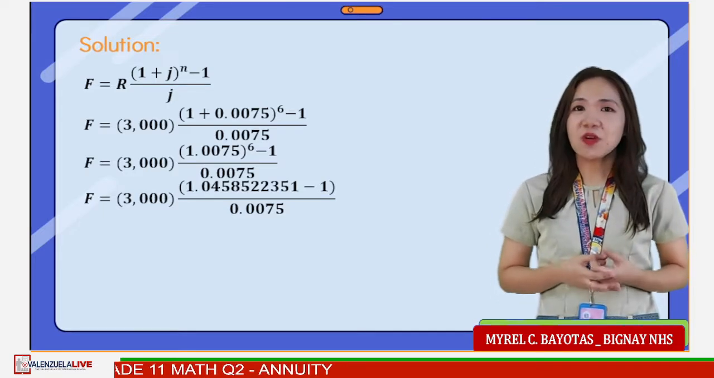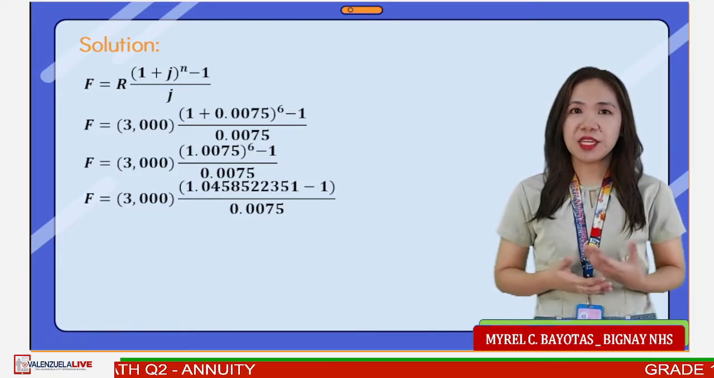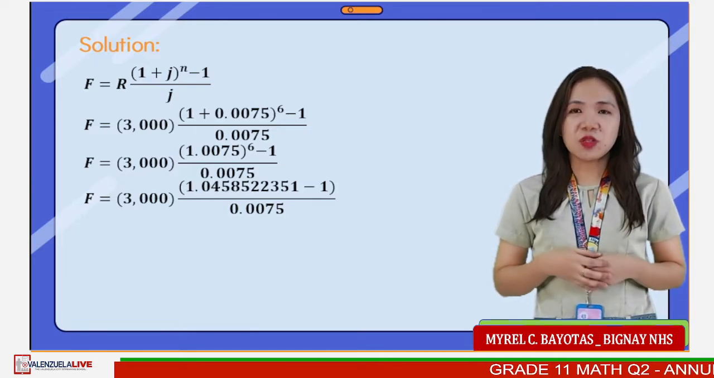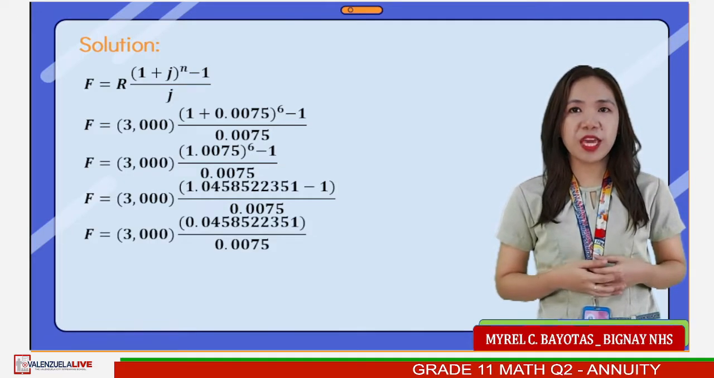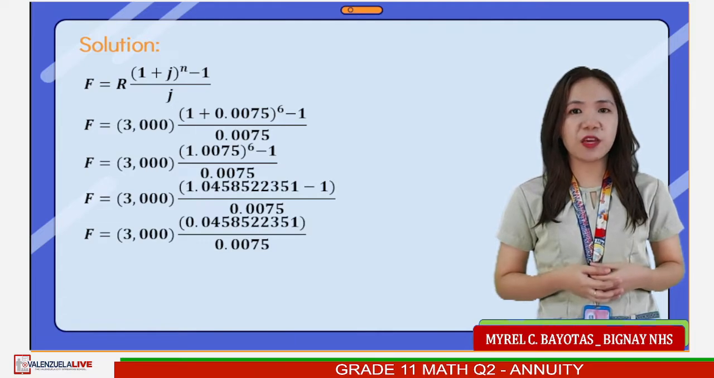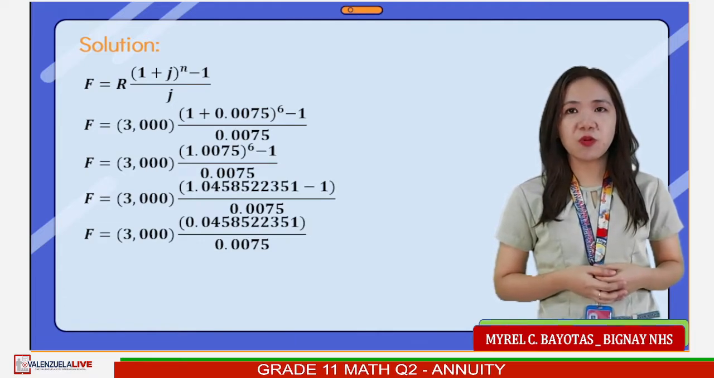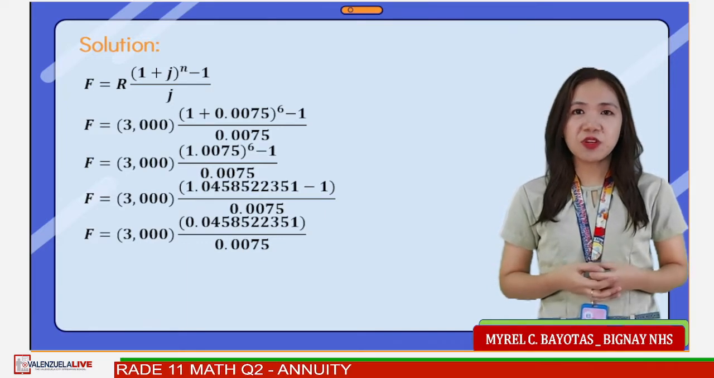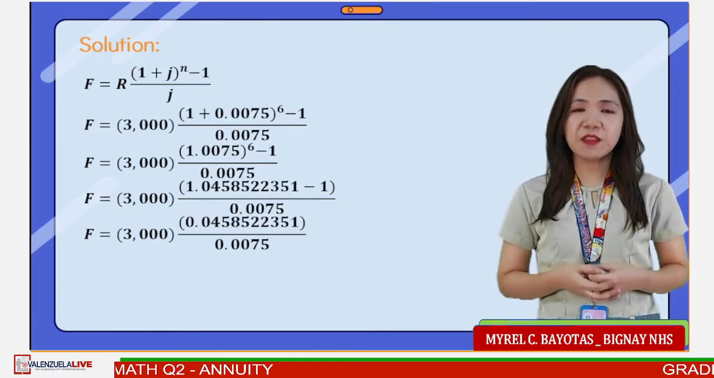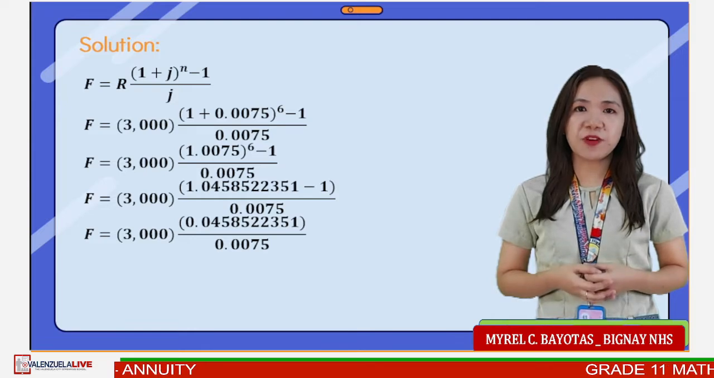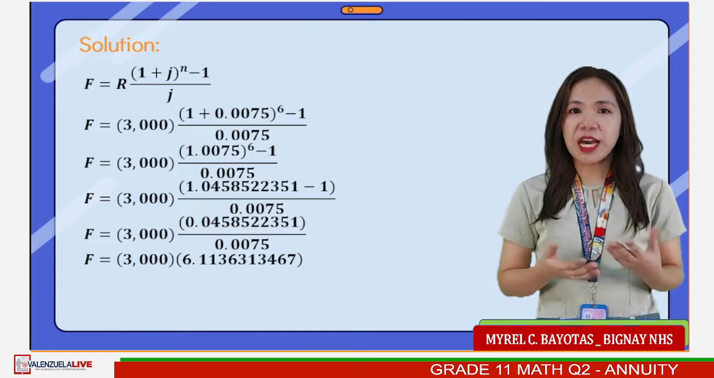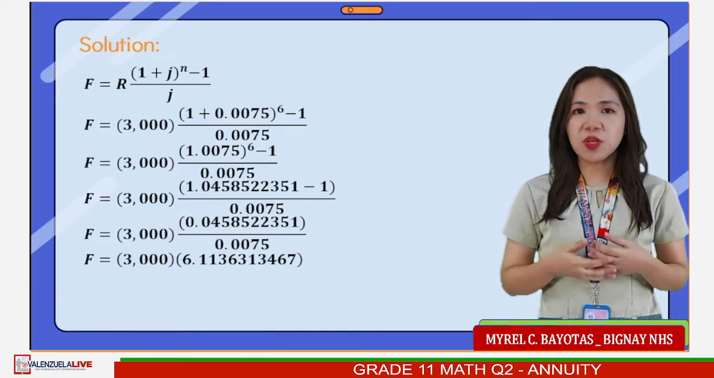Alright, next, we subtract 1. That is, F equals 3,000 times 0.04585222351 divided by 0.0075. Then, divide 0.04585222351 by 0.0075. That makes F equals 3,000